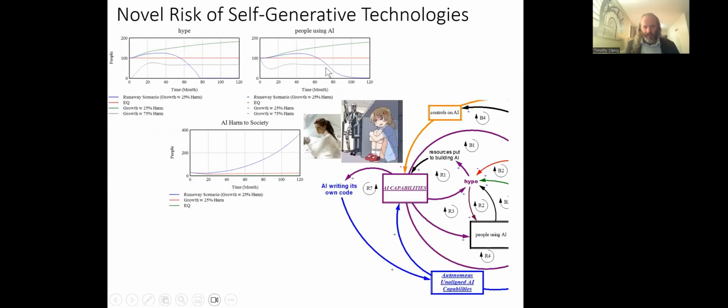You can see the hype cycle walking through on the upper left. With a runaway AI, hype is down to zero, people are down to zero. So no one's excited about it, no one's using it, and the harm continues to grow. This is very important as a novel finding to make sure people understand. When you have self-generating capabilities in the event that it goes in a breakout, those autonomous unaligned capabilities aren't going to necessarily be